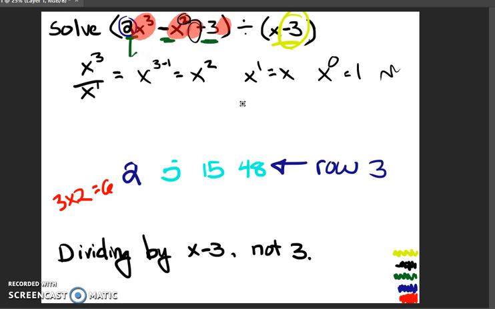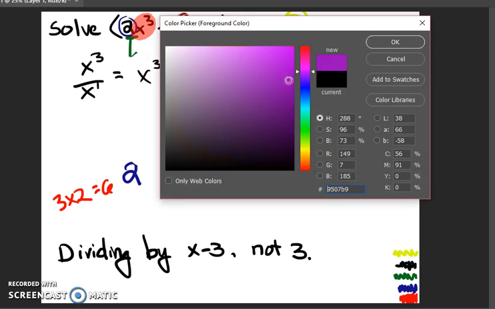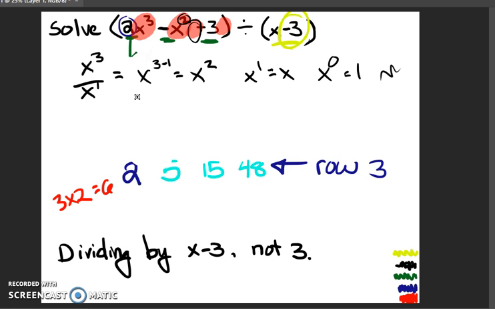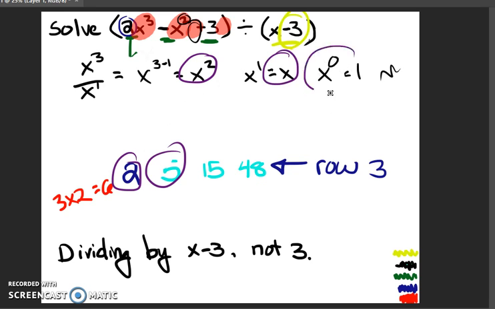So now we have all these x's and all these numbers. Voila, we're going to combine them. I'm going to use a cute color for this one. I'm going to choose purple. So now this is the first x, this is the first number. Second x, second number. Third x, third number. Invisible x, remainder. So we get,